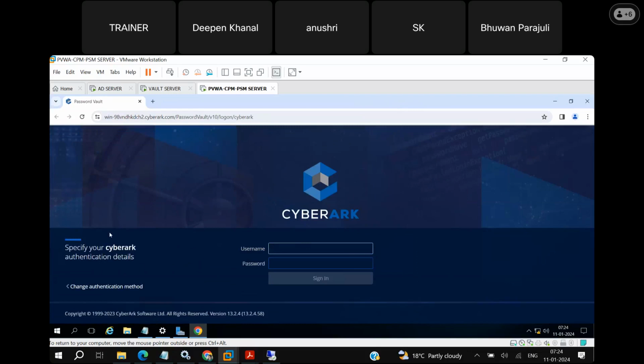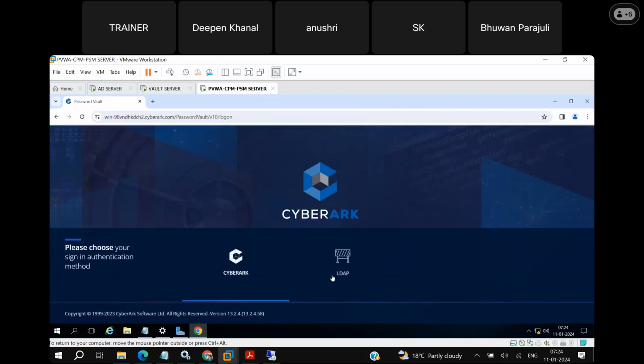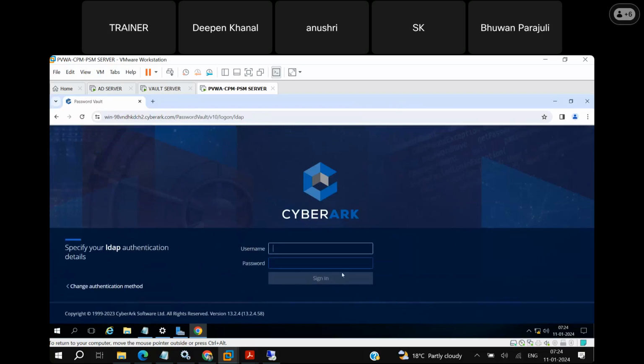So now we are logging in with CyberArk authentication. If I click on change authentication method and want to log in with LDAP, I don't have any LDAP user now, because we have not integrated AD with CyberArk. Even if I try with administrator here,